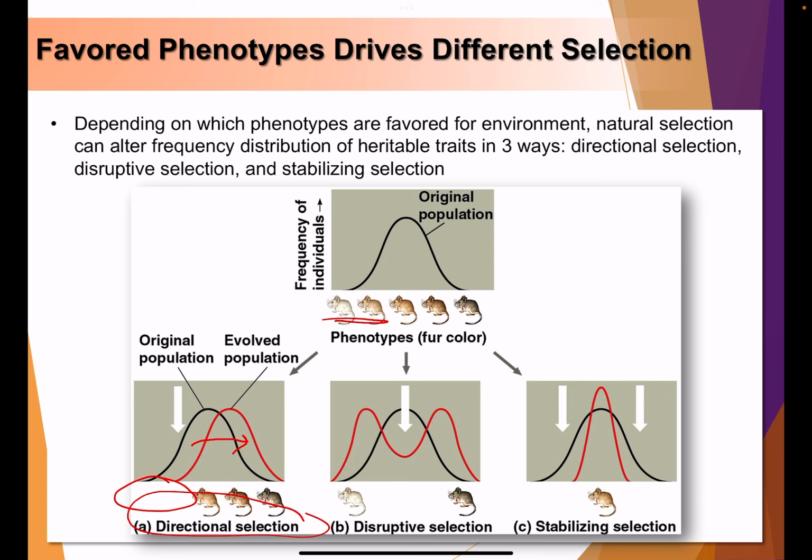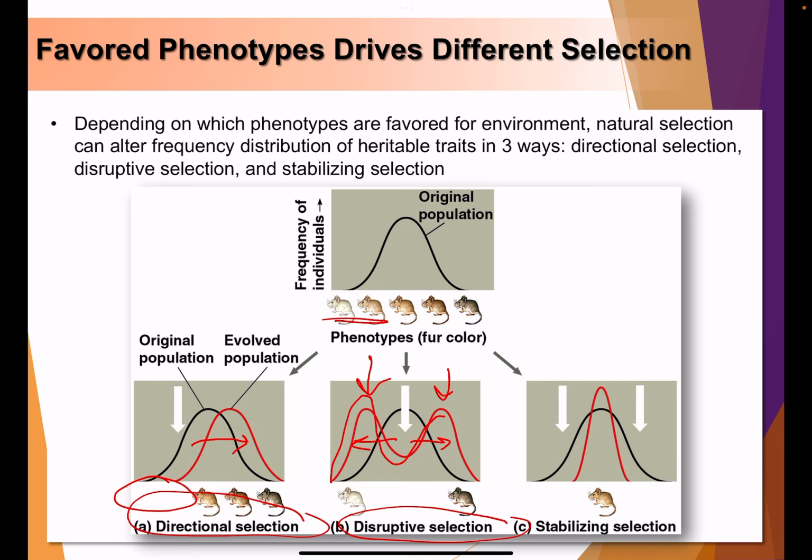Then you have the second graph here that depicts disruptive selection, where the evolved population moved to both the right and left side of the original population. Both extreme phenotypes are favored. That's why you have this kind of like camel hump curve right there in this particular picture. So it's not shifting the peak one way or the other, but it has kind of divided into two peaks, moving to the right and moving to the left.